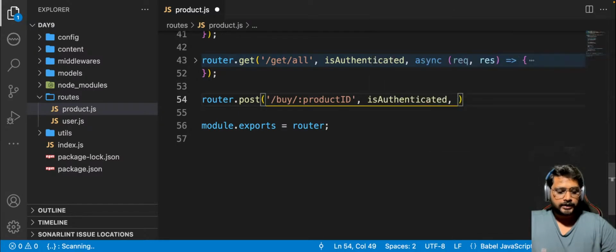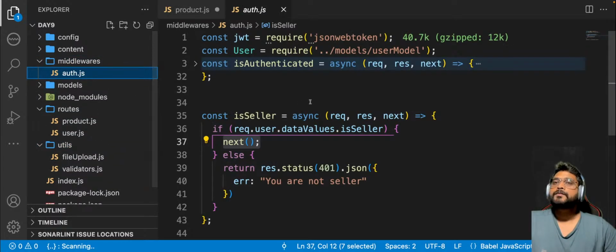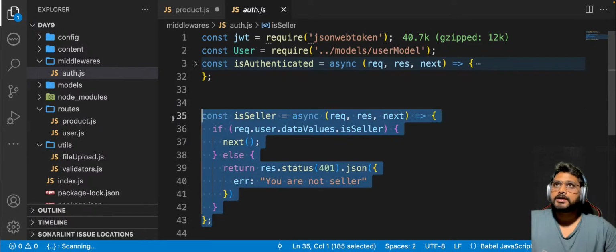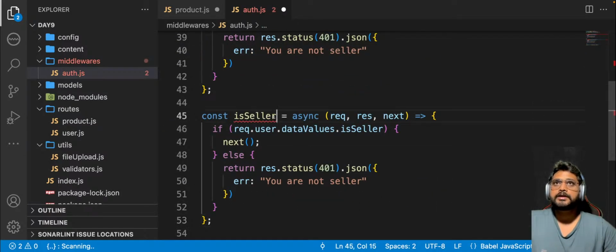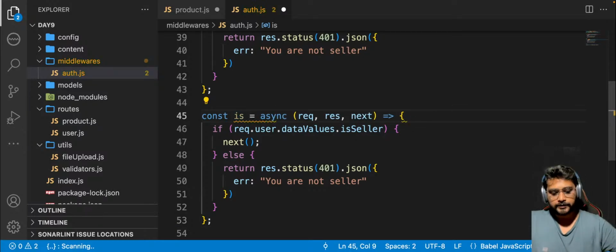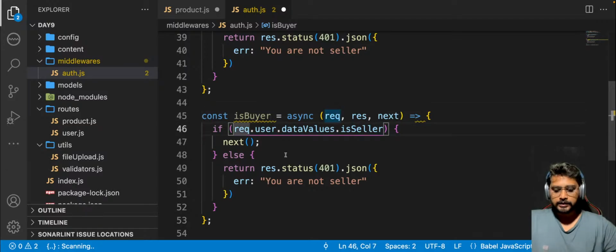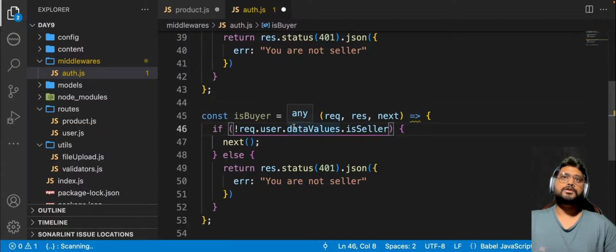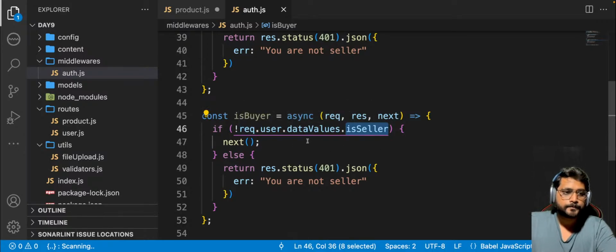We write isAuthenticated, and we need to create, where are the middlewares? Here. So just like isSeller, if we reverse the condition of isSeller, it becomes isBuyer, right? So simply if in request.user.data_values isSeller is not present, that means it is a buyer,